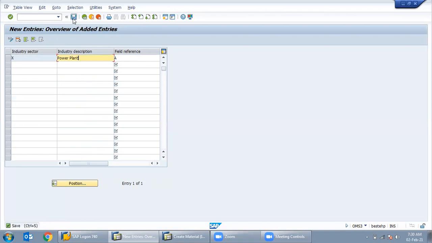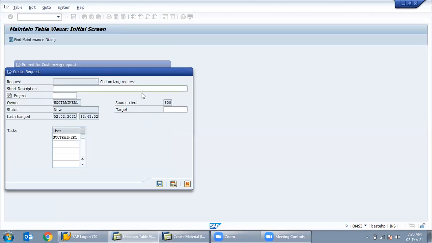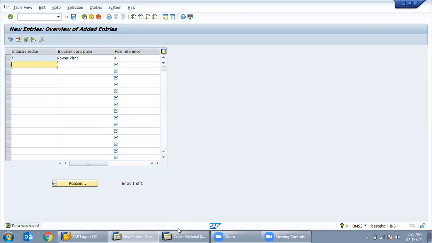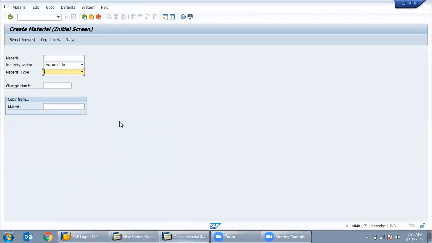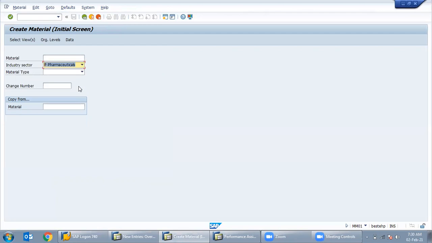Now see, we created industry type X for power plant. Field reference is A. Now when we go to create a material code, there is no X available right now.